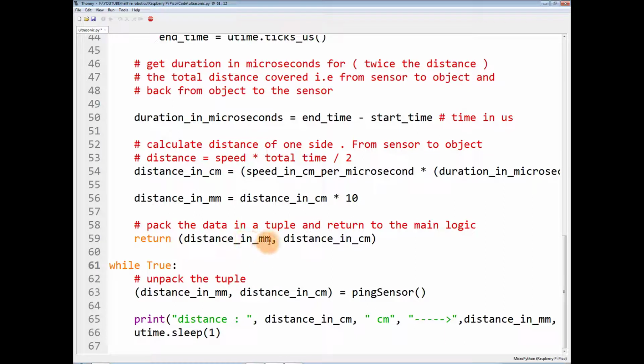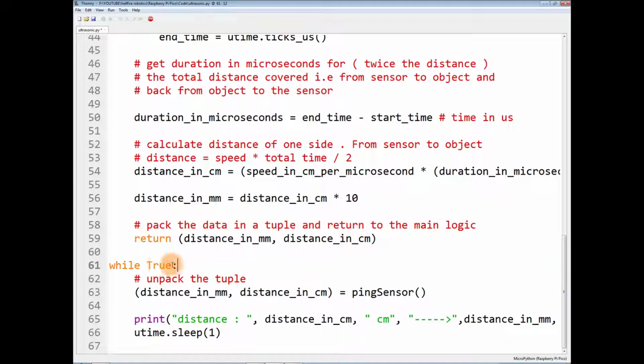So first term is distance in millimeter and second term is distance in centimeter. So it is an easy way to return multiple objects or multiple data in a single return statement. So you just write them comma separated by these variables. So this function will return two things. First is distance in millimeter, second is distance in centimeter.